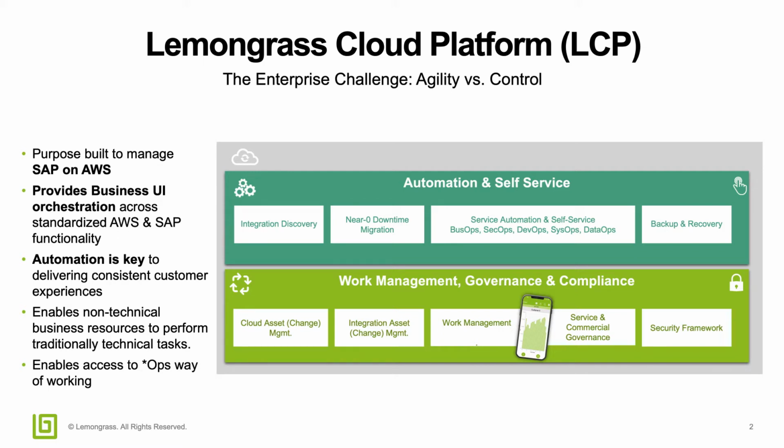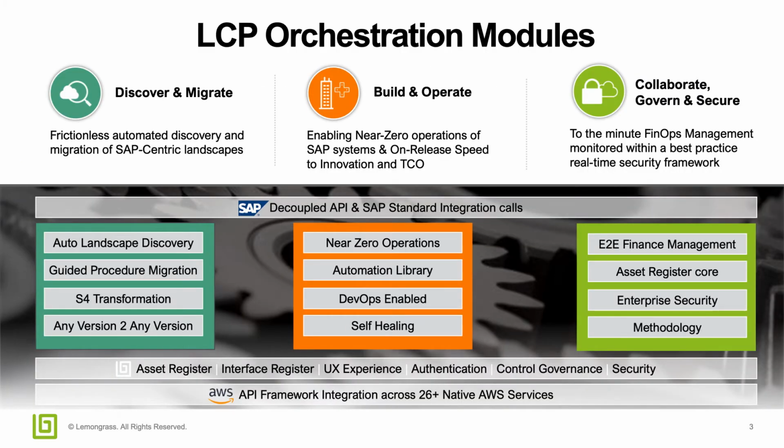If you're familiar with automation, you'll know this is really the secret sauce of what drives the biggest advantages in cost and operation and speed and agility in the SAP world, because what were quite manually intensive tasks that took days and weeks and hours and sign-off process before can quite simply be executed through a series of simple guided procedures. LCP can be broken down into three main orchestration modules: Discover and Migrate, which are the tool sets used